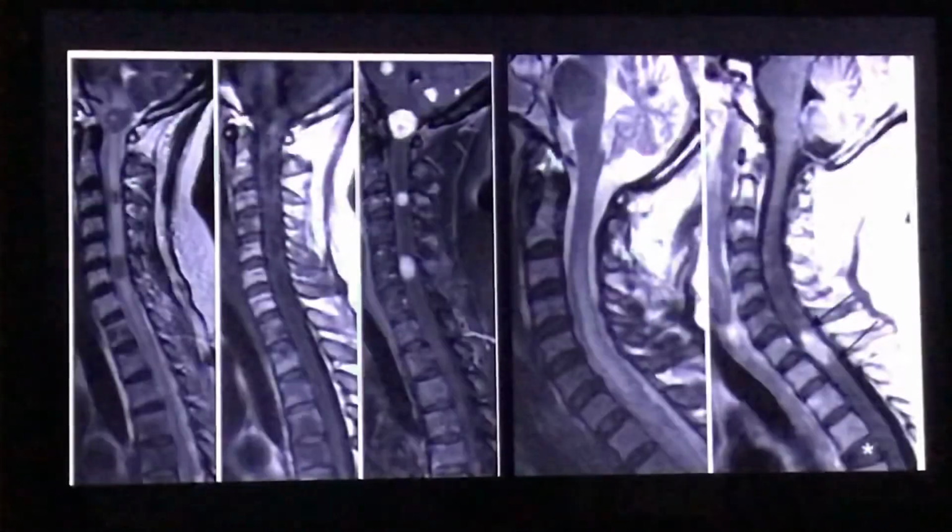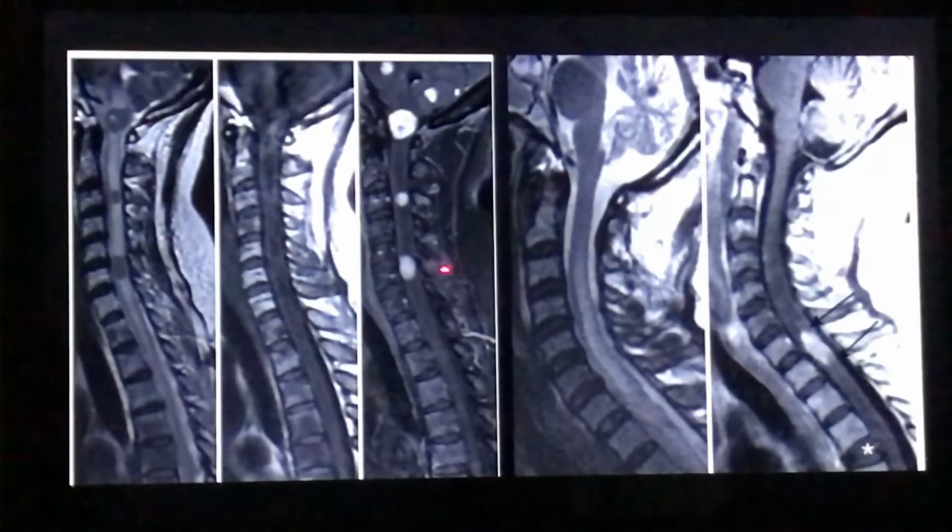We'll see a few examples. This first patient is a known case of CA breast. Here we can see on the post-contrast T1 weighted sagittal sequence, multiple homogeneously enhancing rounded lesions in the cervical cord, and also in the posterior fossa. And this is another patient with CA lung. In this we can see a solitary rounded lesion with slightly ill-defined margins at the rostral and caudal ends, but there is associated long segment edema which can be seen on the T2 weighted sequence. So these two are patients with known primaries and spinal metastasis.